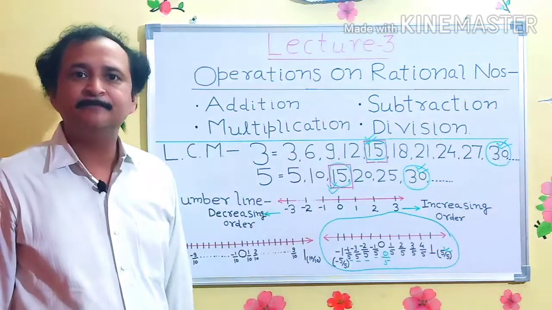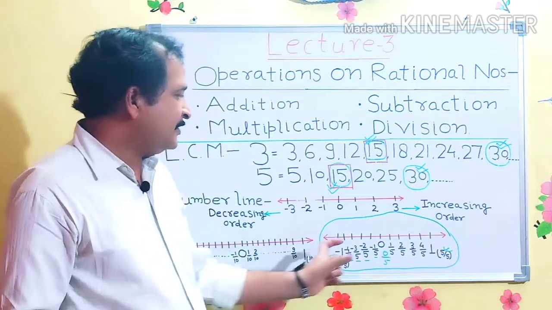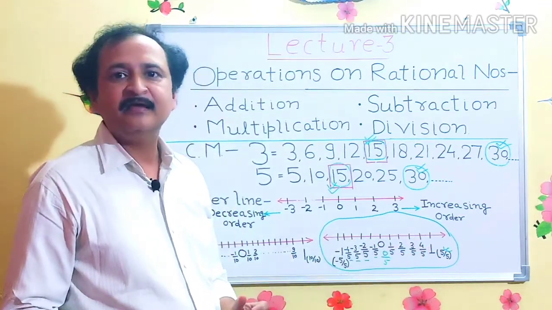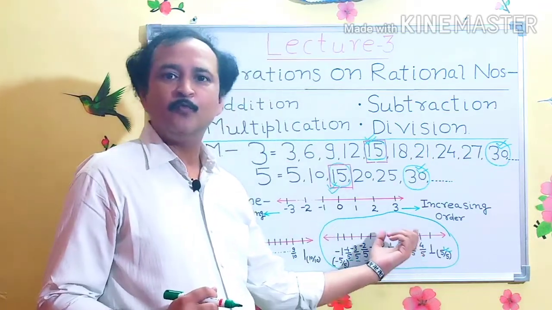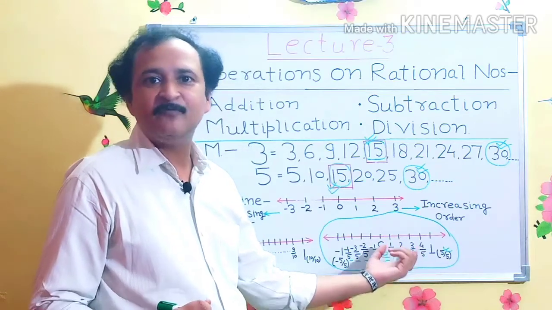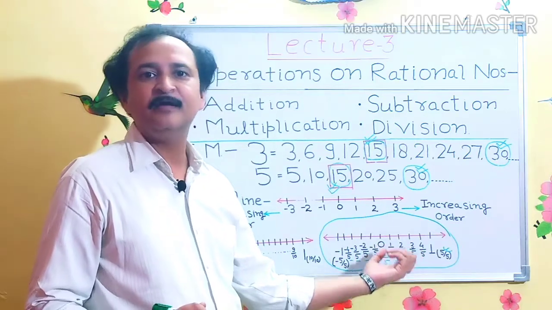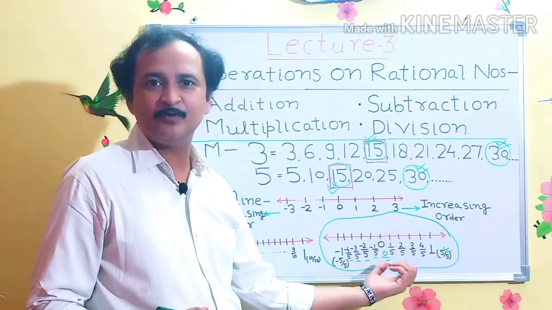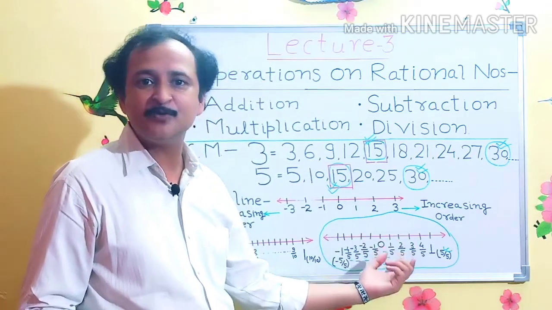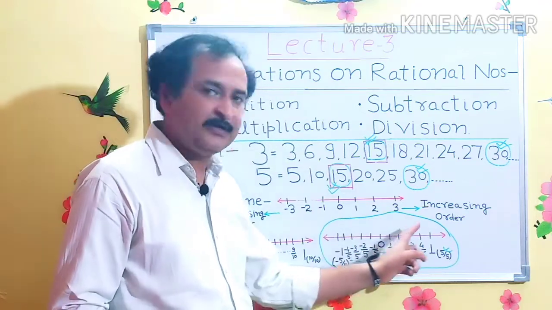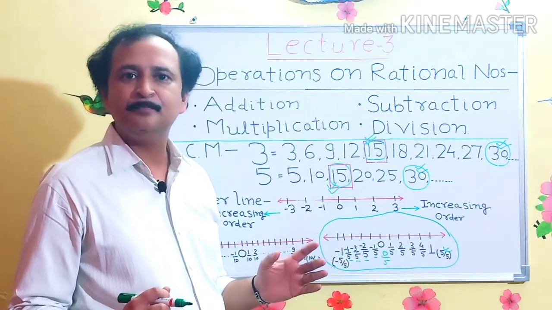What is the result of this example? These two examples show that between two integers there are infinite rational numbers. If you divide this zone into 5 parts, then you have 5 rational numbers. If you divide this zone into 10 parts, then you have 10 rational numbers. If you divide this zone into 20 parts, then this zone has 20 rational numbers, and so on. So between two integers there are always infinitely many rational numbers present.